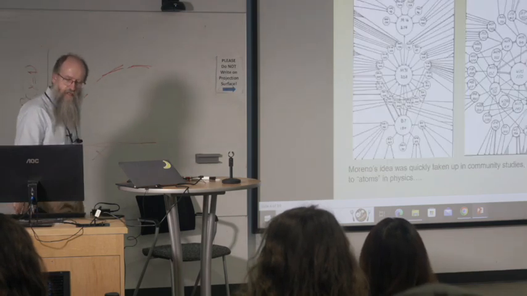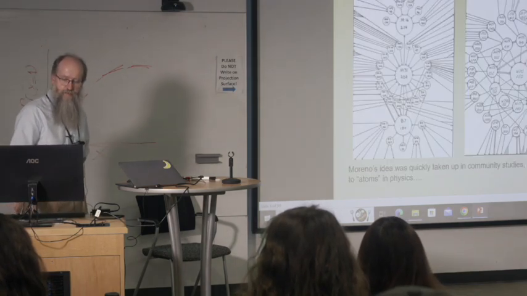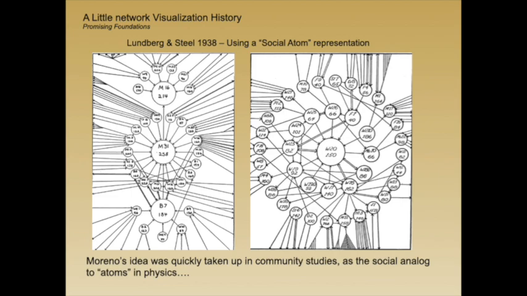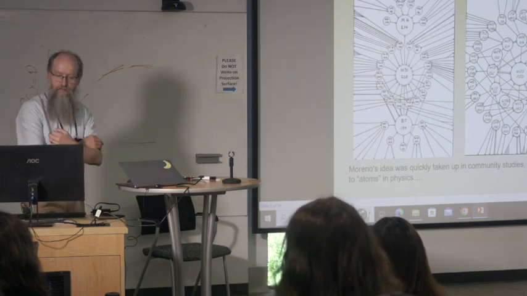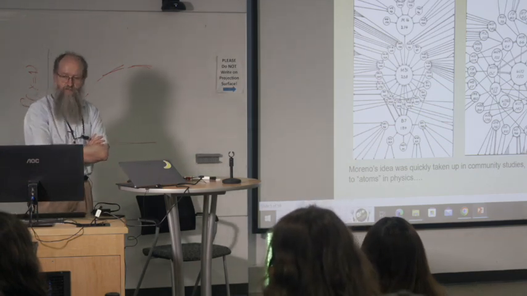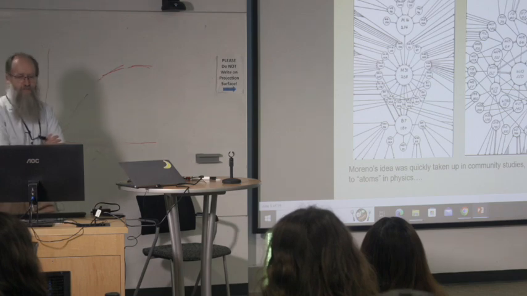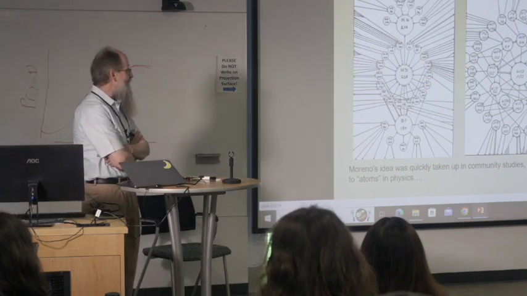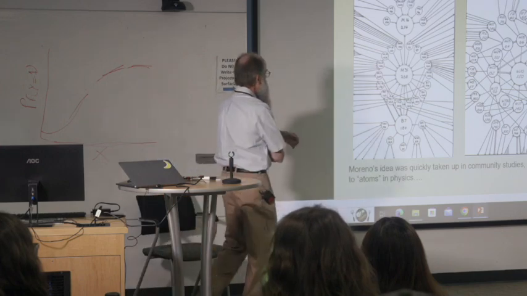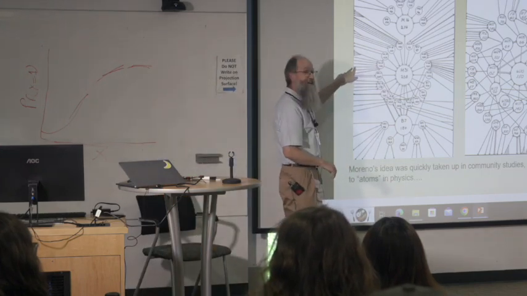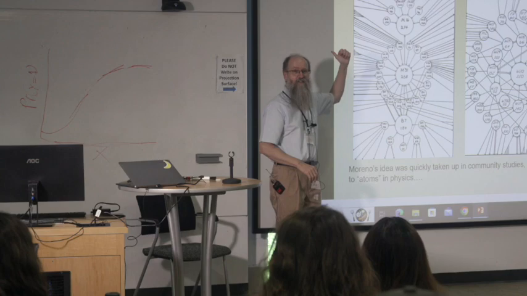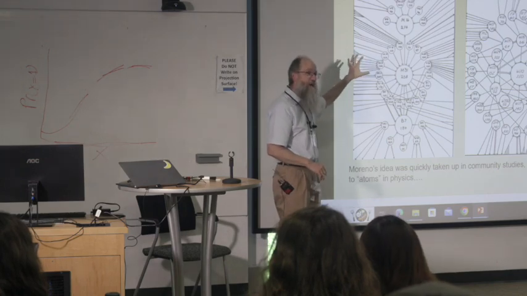elements. The place where I think a lot of these original images played very nicely was in community studies. The community study literature would send teams of ethnographers into small towns, and they would try to ask people what's happening in those towns. This is Lundberg and Steele from 1938. This book is kind of incredible because all of these images that go off the page connect to another image on another page. So these things are actually very well done.